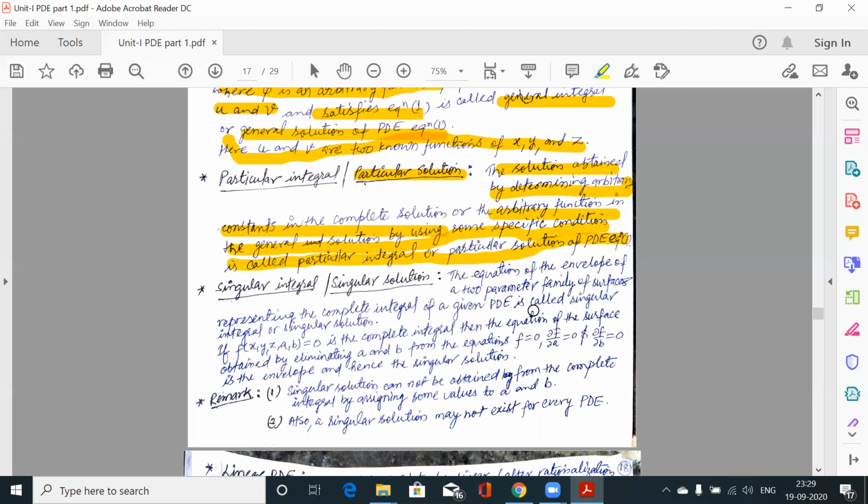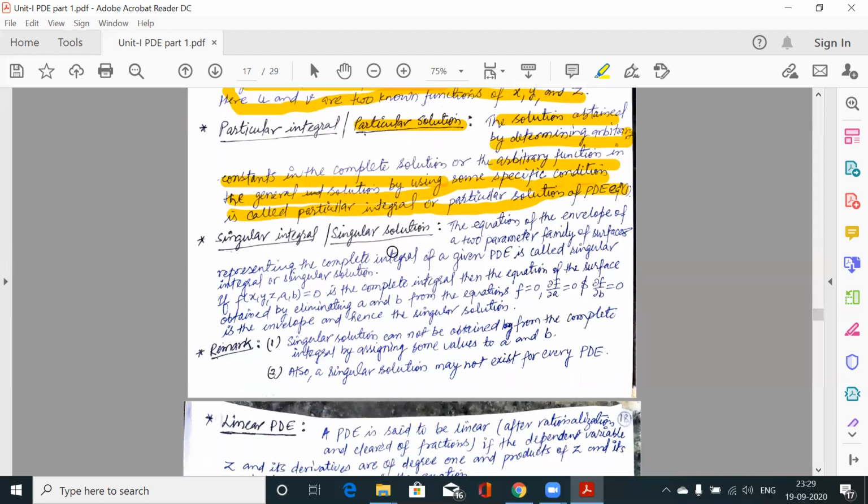with the question: find the solution of this partial differential equation given that, suppose, z(0,1) is equal to -10. That means at x is equal to 0 and y is equal to 1, z is -10. So we have to find the particular solution out of all the available solutions. So one or two conditions would be given to you to find the particular solution. The particular solution is obtained either from the general solution or the complete solution.